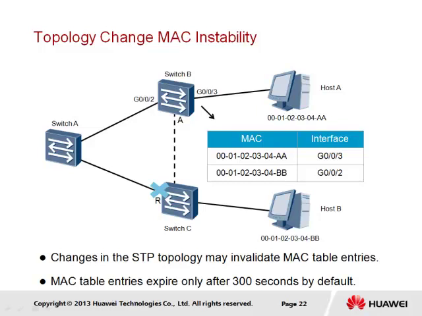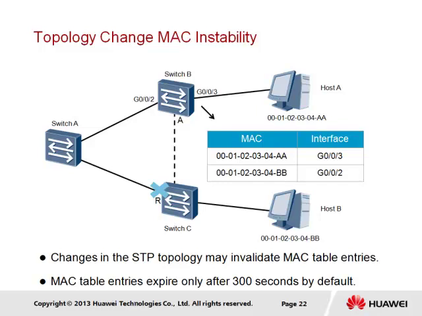Switch C, however, has experienced link failure on its root port and the path between host A and host B has been lost. The effect of this means that the segment between switch B and C must now become active, following which traffic forwarding can once again proceed. The theoretical problem faced, however, is that following convergence that took no more than 50 seconds,